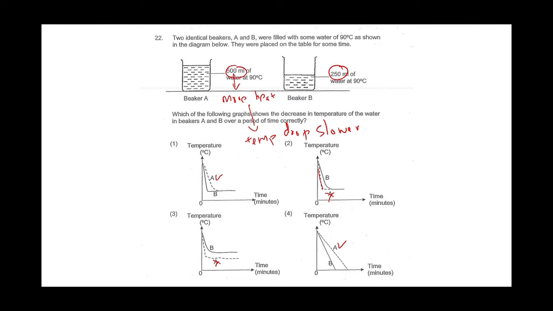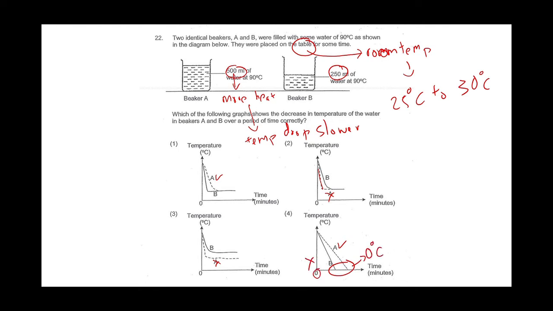Now the other thing you need to take note of is this. They left it on a table. Table means room temperature. The room temperature in Singapore is about between 25 degrees Celsius to sometimes 30. I don't think Singapore will drop to 0. So because you left it on the table, you do not expect the water to reach 0 degrees Celsius. This is 0 as you can see. So this is wrong. This will only be correct if he put the beaker in the fridge. If you put it in the fridge or the freezer, then it will drop to the temperature in the freezer,